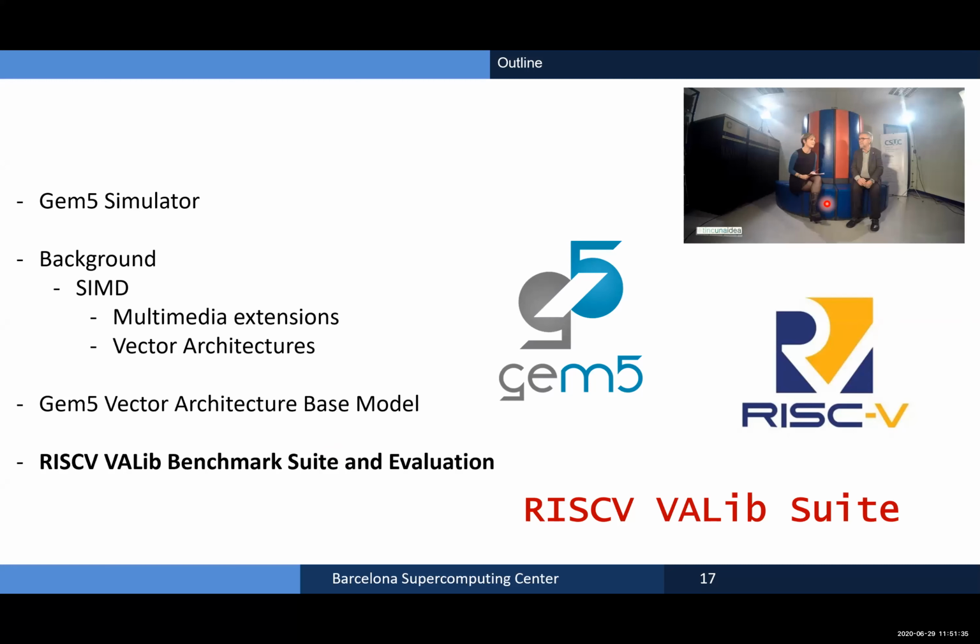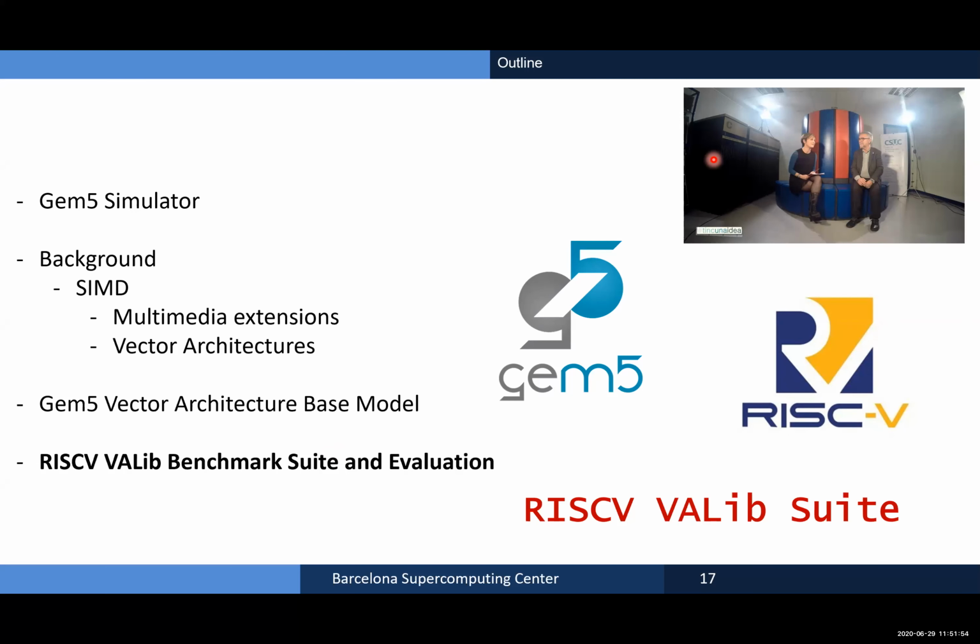We had been working with Cray supercomputers at BSc and before at UPC, and also the Convex supercomputer on the left side. Both are vector processors. So there's a long legacy of working with vector supercomputers and vector processors at BSc.